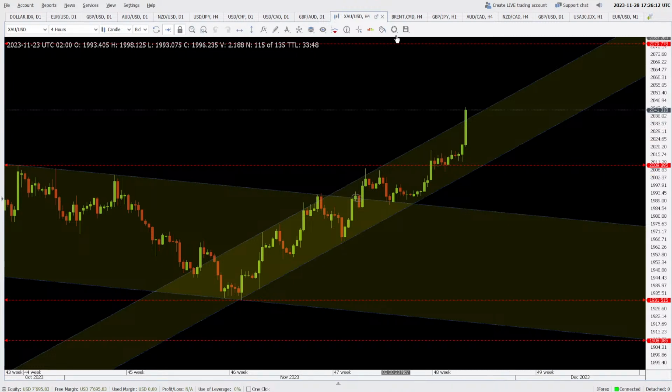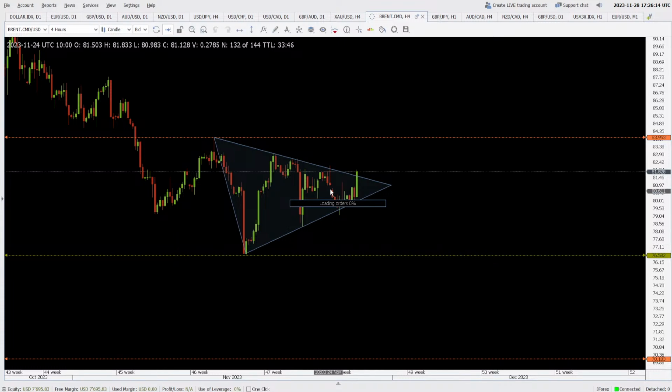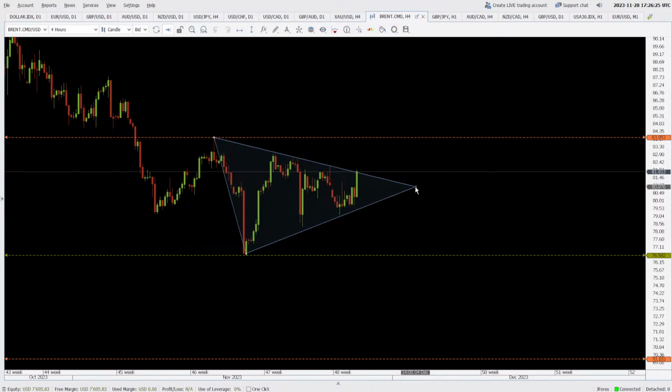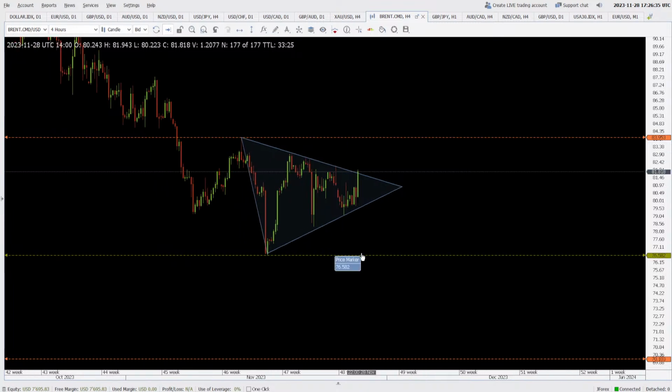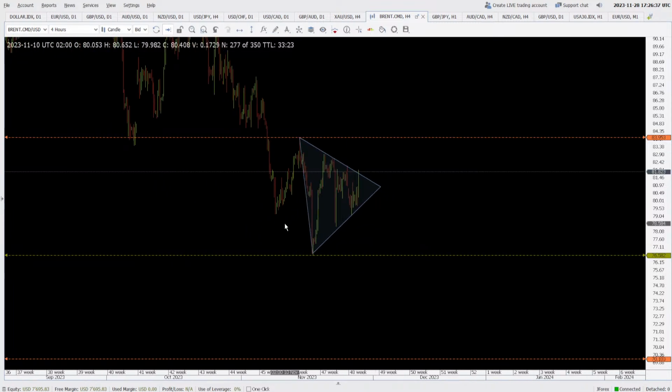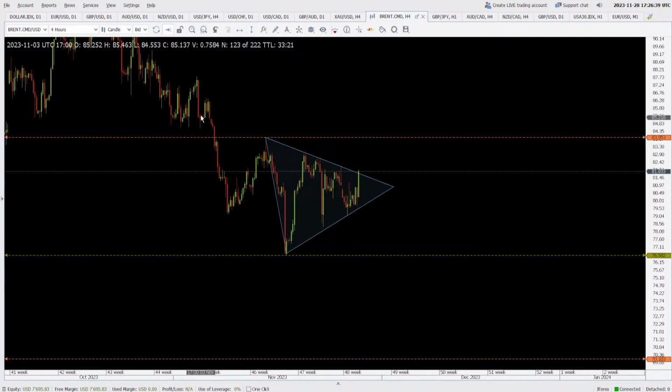Brent, we are targeting lower values here all the way, but the symmetrical triangle seems to be breaking out to the upside. Yeah, it seems like it is breaking to the upside. Okay, even if it breaks to the upside, we can find resistance around 83.95, but I'm actually expecting the price to break down further to the downside because of this market,